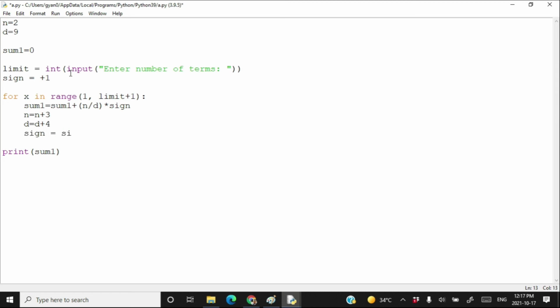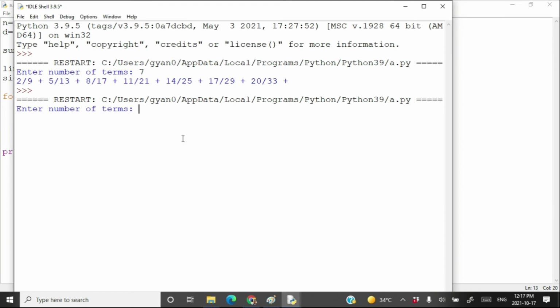Sign is equal to sign multiplied by minus 1. Now run module, enter the number of terms, it is 7 terms, press enter, and this is the value 0.364. This will be the output.